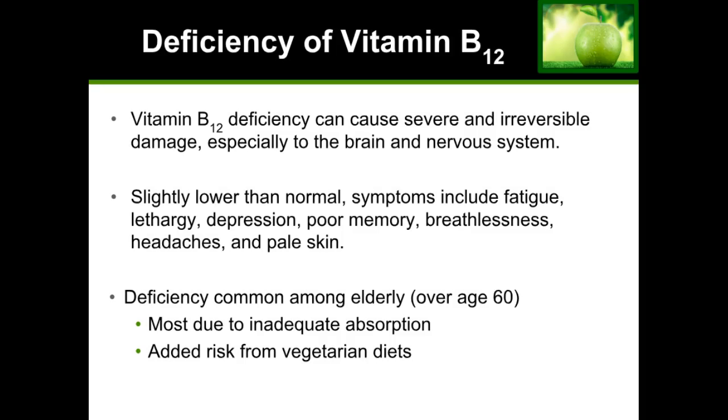It's important to know that vitamin B12 deficiency can cause severe and irreversible damage to the brain and nervous system, and in slightly low levels can cause symptoms including fatigue, lethargy, depression, poor memory, breathlessness, headaches, and some paling of the skin. It's most commonly observed in the elderly due to inadequate absorption, and vegetarians or those on vegetarian diets